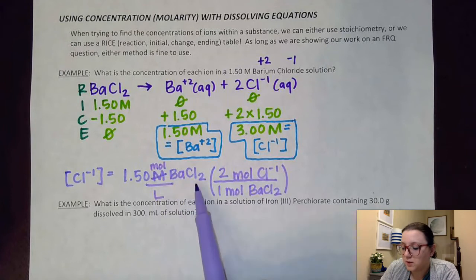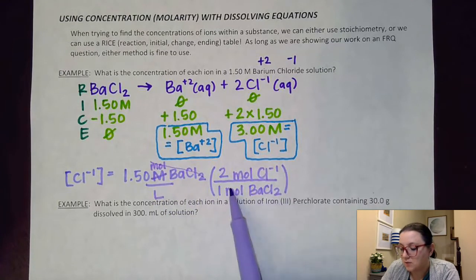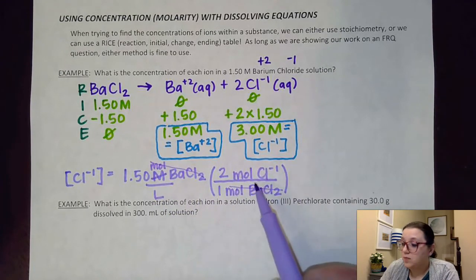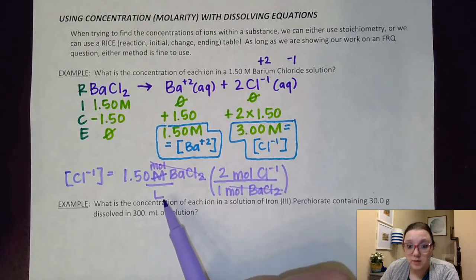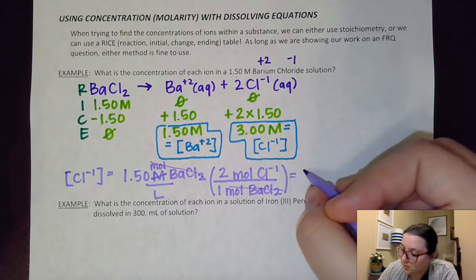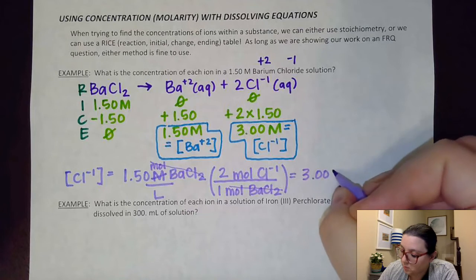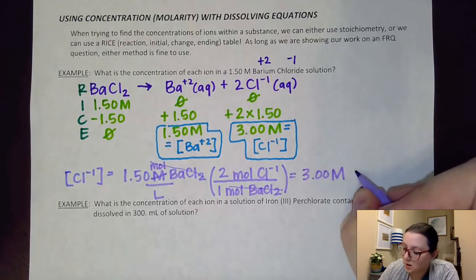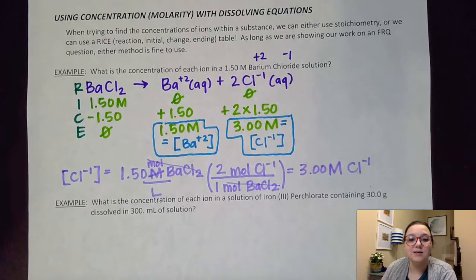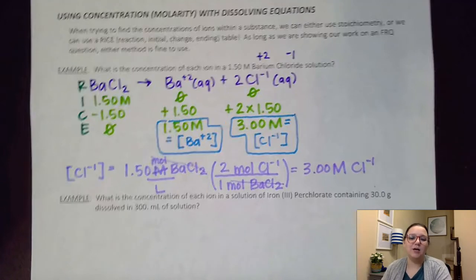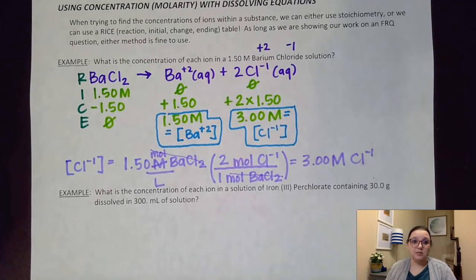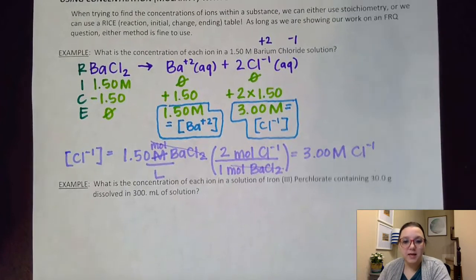So the moles of barium chloride are going to cancel out top and bottom, leaving me with moles of chloride over liters, which is my 3.0 molar solution of the chloride ions. So you can see it got me to the exact same answer here. It's just a different way to approach the same problem. All right, on the next one,